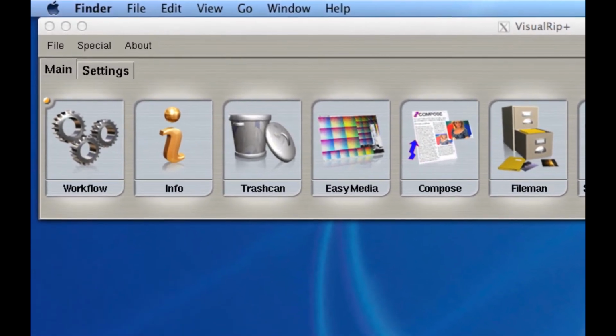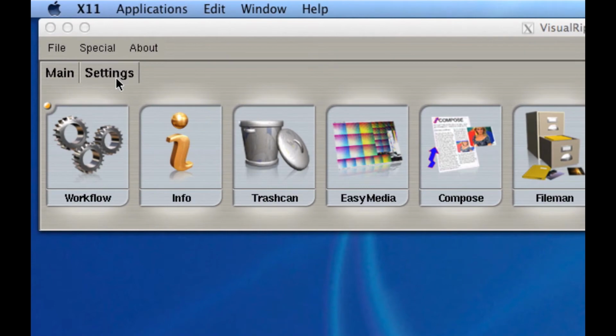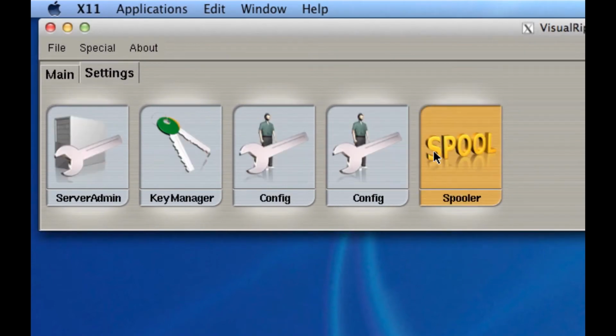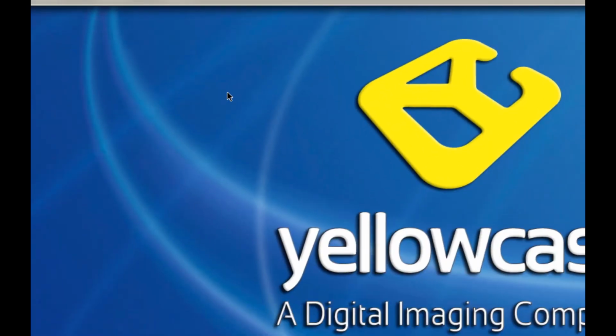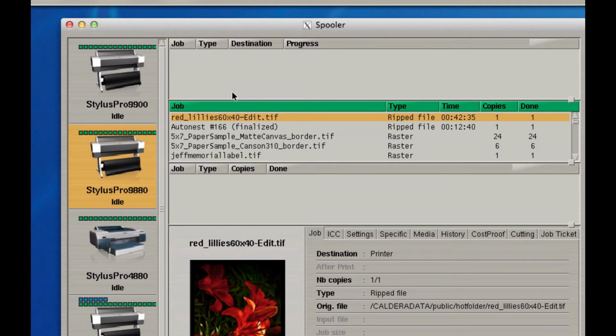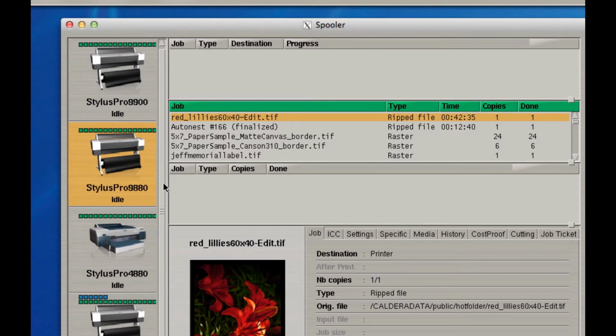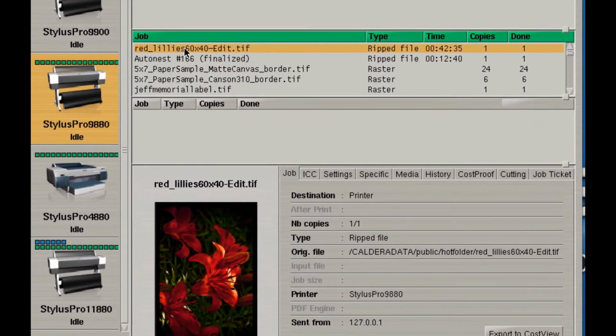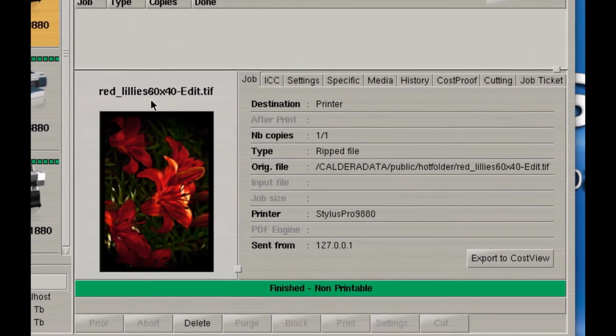What I'm going to do is in my applications bar, go to setting. I'm going to pick spool for spooler. And what I want to show you here is on the left hand side I have a list of all the printers that we have here at Yellow Case at the shop. And right now I have a printer, the Epson Stylus Pro 9880 selected. And already I have an image selected in a job that I printed earlier today. This file, which is called Red Lilies,